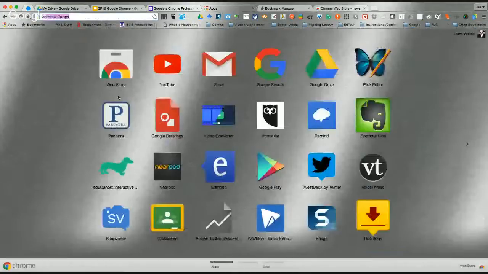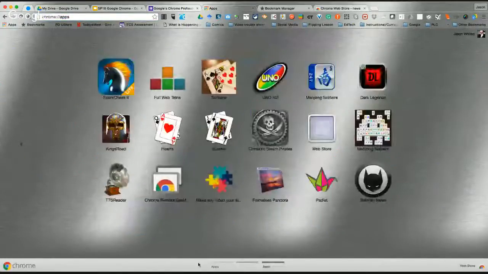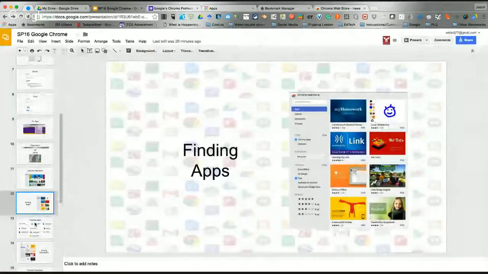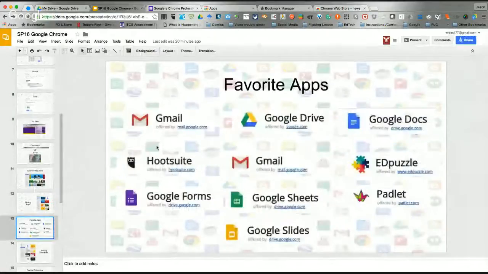And you can set it up so you can have it show here with all your browsers. So you have all these apps, and I can show you my web store down there. But I have all these different apps that I can go to. And here's a list. Again, you can download the presentation so you can see some of these apps I really recommend. We'll talk a little bit about them. So first of all, you have your